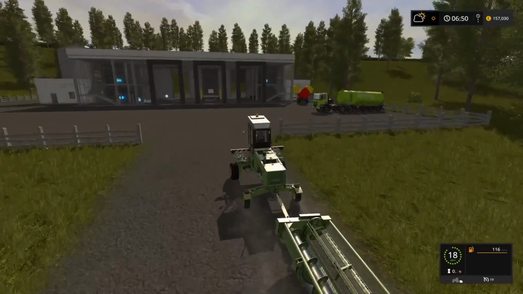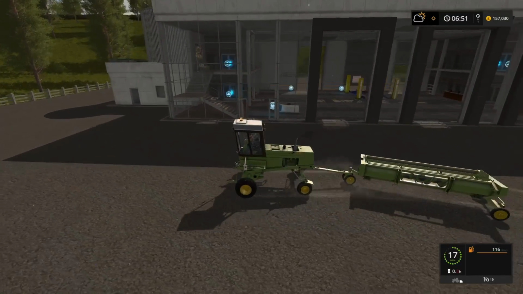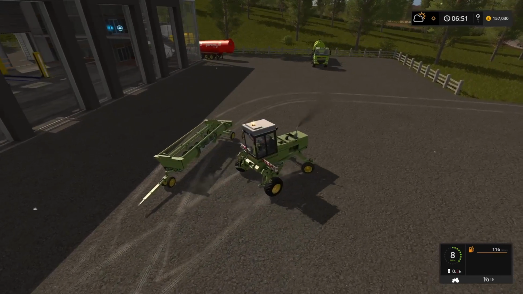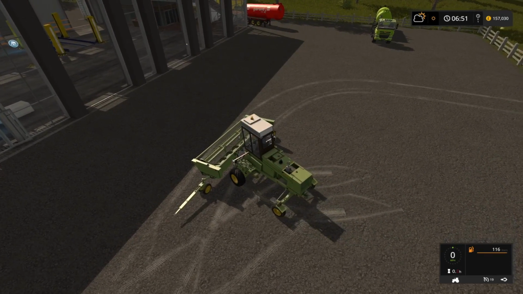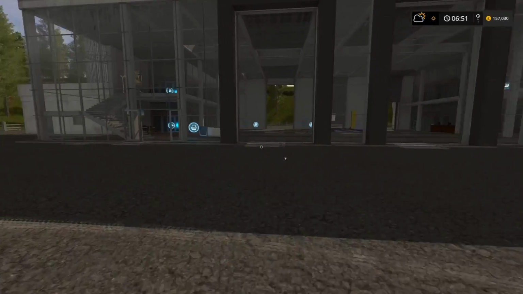So I think what I'm going to have to do is, whilst I'm using the trailer at the moment on this to pull it, I'm going to need the back, so I need to disconnect that. And hook it up. Like so, fold that away. So what we need is...